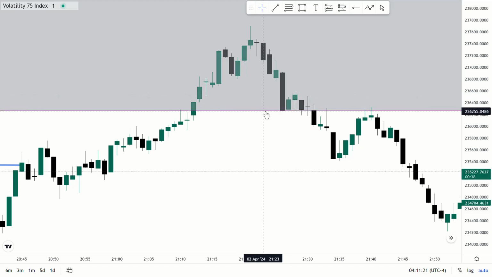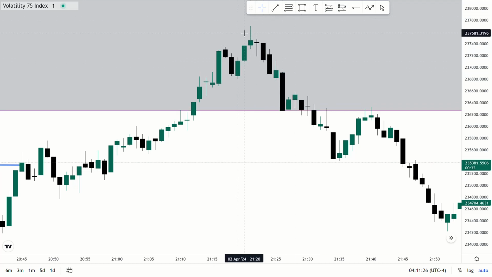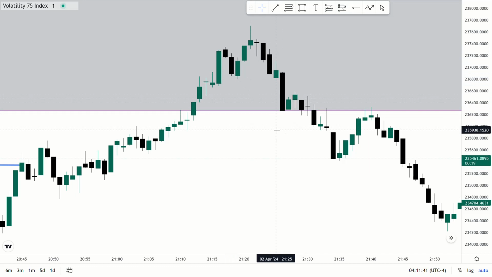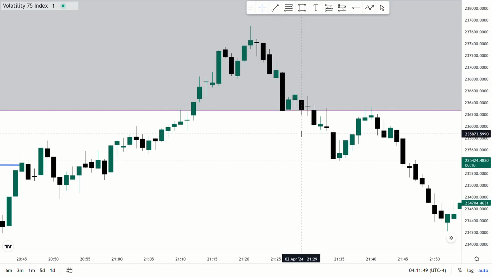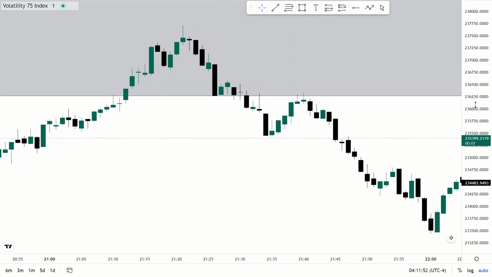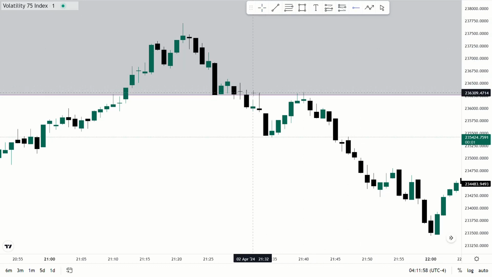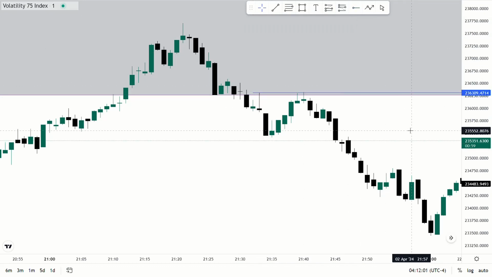All right, so this is what was happening. I didn't enter up there. This is not a single candle order block, and I didn't feel the need to enter here. It's way too risky. I marked this as a change of character down here, but I was waiting for the market to take out at least some sort of inducement. And this is what happened here. I hope you can see it. It's very small right here.